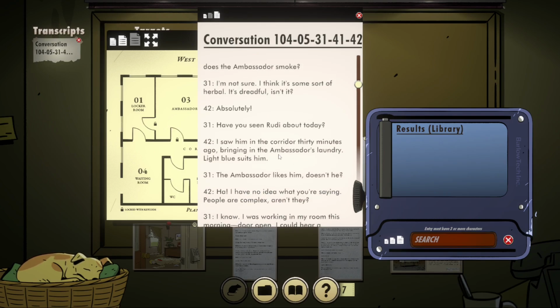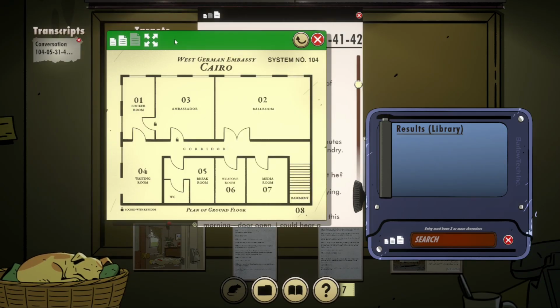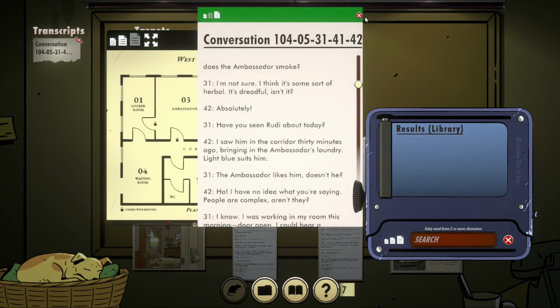Bringing in the ambassador's laundry. Light blue suits him. $11 is the ambassador, is what that was saying, right? Is what,